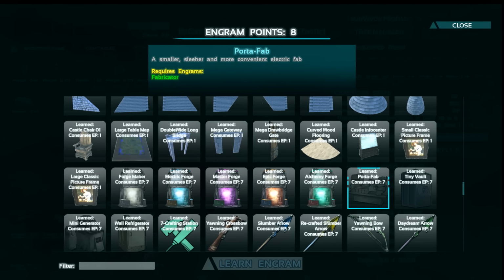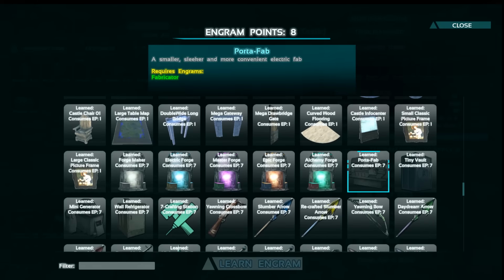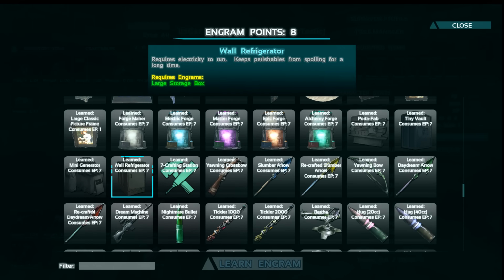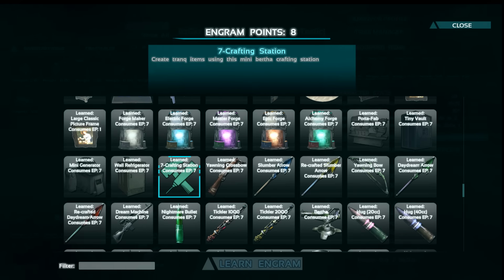Now Portafab is basically like the mini generator. It's tiny and you can pick it up instead of having to destroy it. Tiny Vault, same thing. Mini generator, wall refrigerator, I think all of them the same thing. 7 crafting station. Now that is the new one. This is basically for